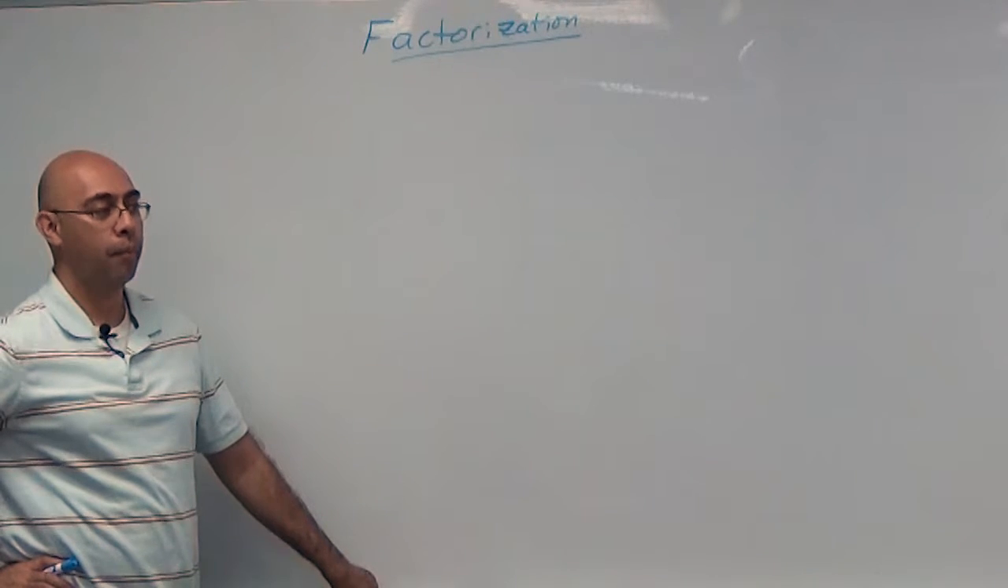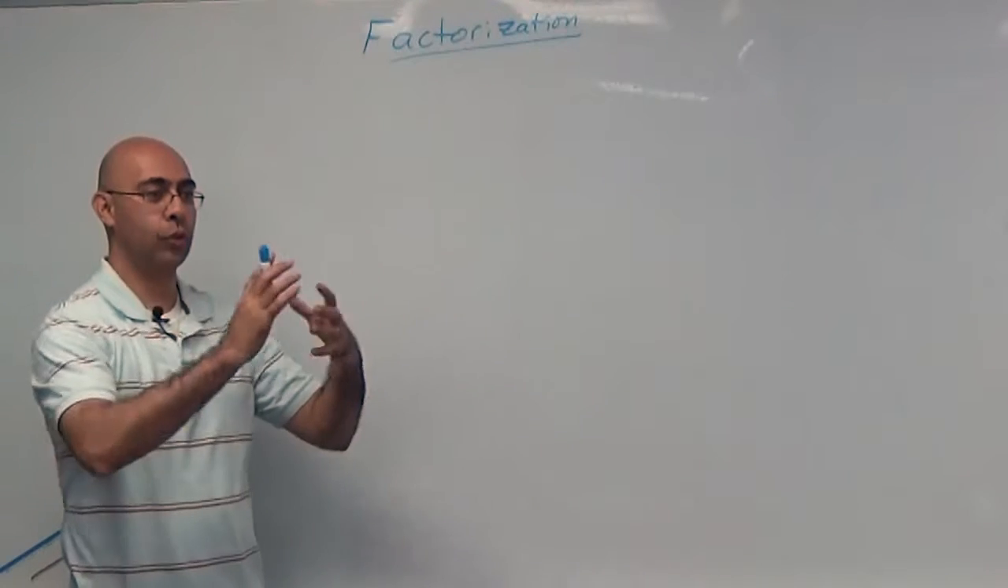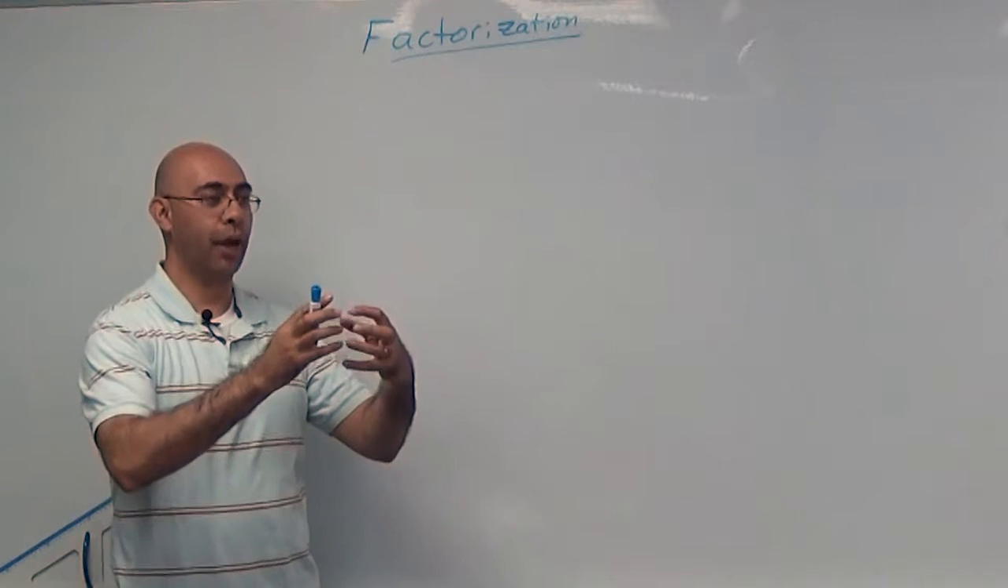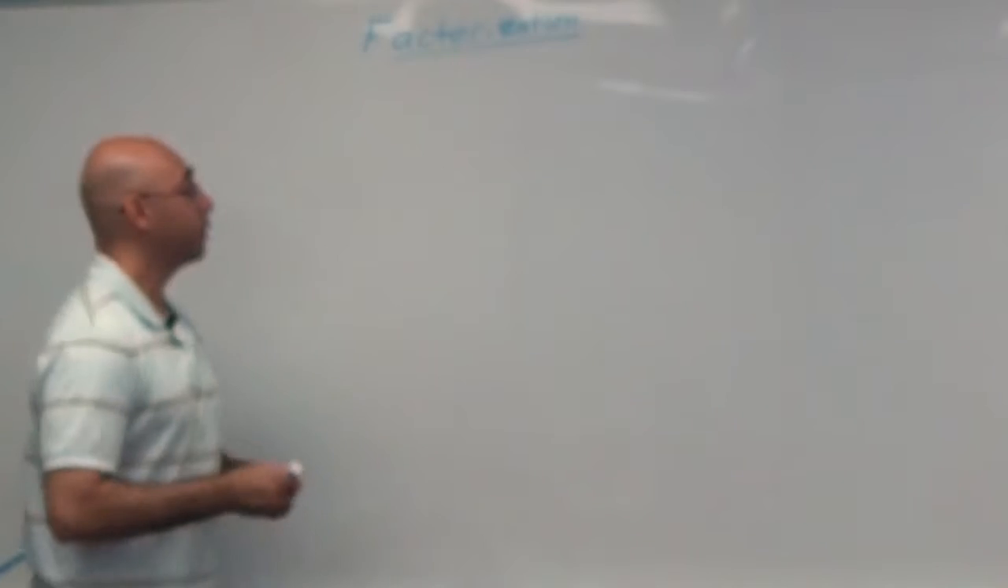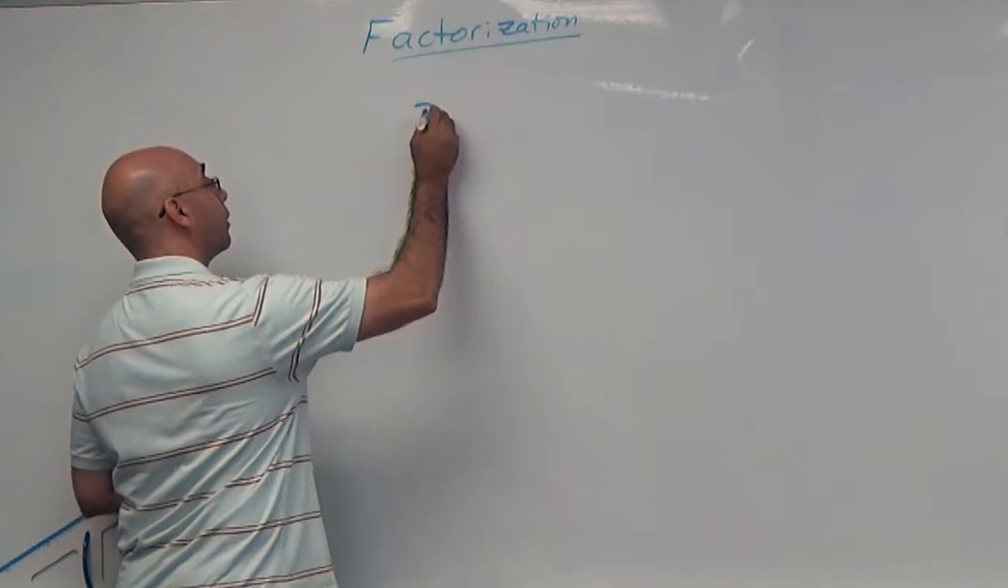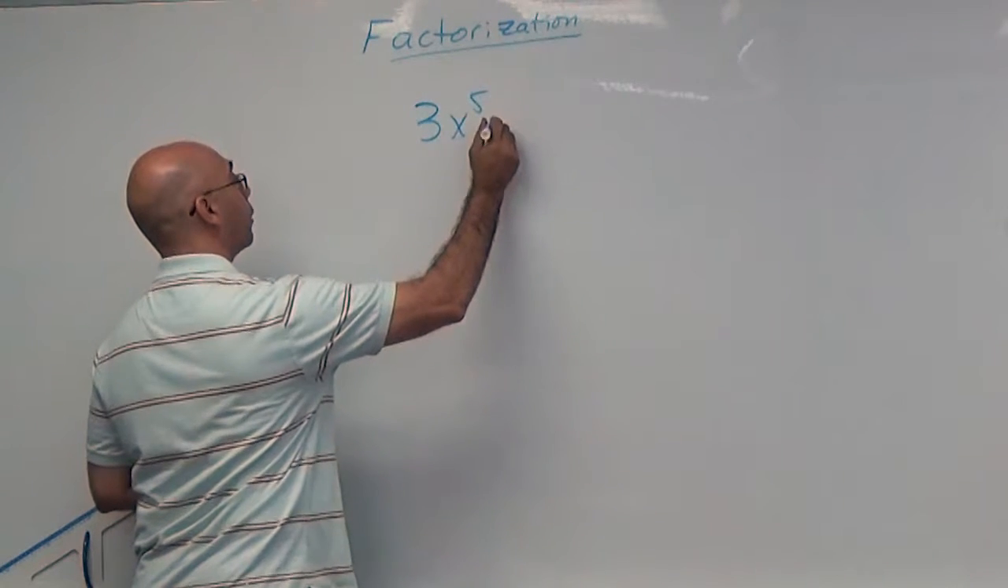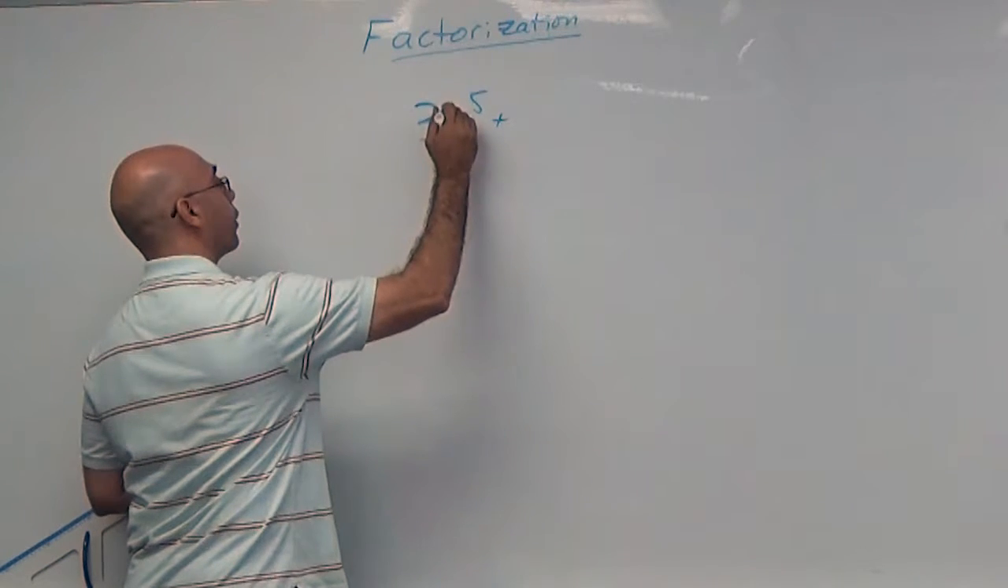Yesterday, you multiplied things to expand them. Now you're going to do the opposite. You're going to pull things out, which is going to involve what? Dividing. So if I had a problem like this,